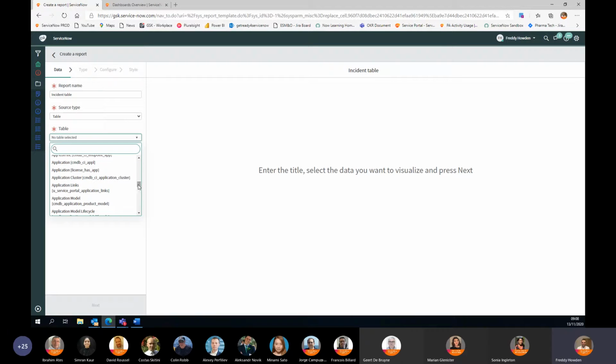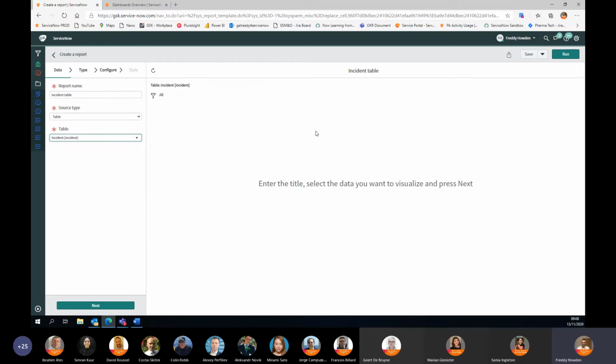So you can do reporting from a countless amount of tables really, but the main ones that you'll probably find you'll end up using are incident table, incident SLA, requested items, and feedback. I think they're probably the key ones that you'll end up using. So I'm going to connect to the incident table, and now we're ready to